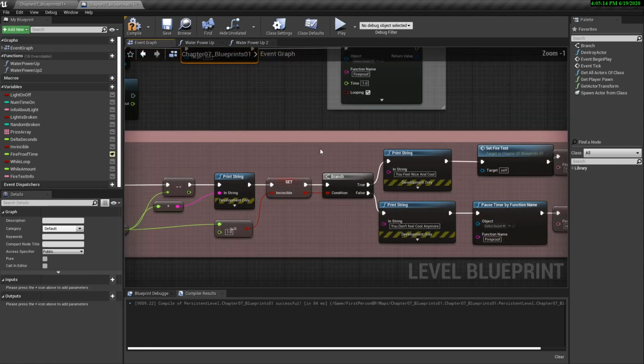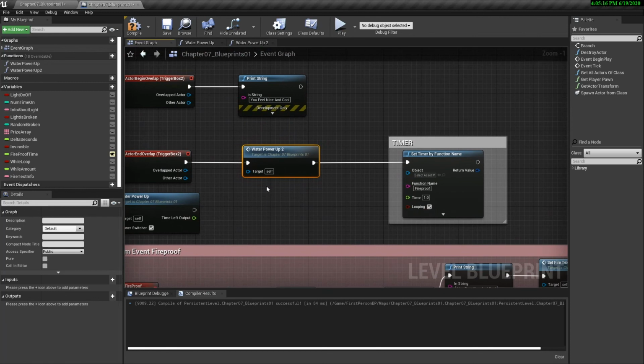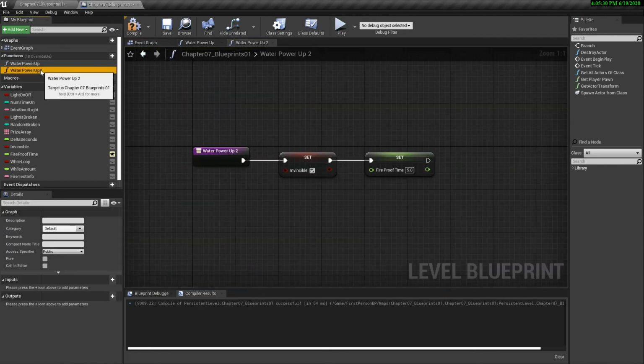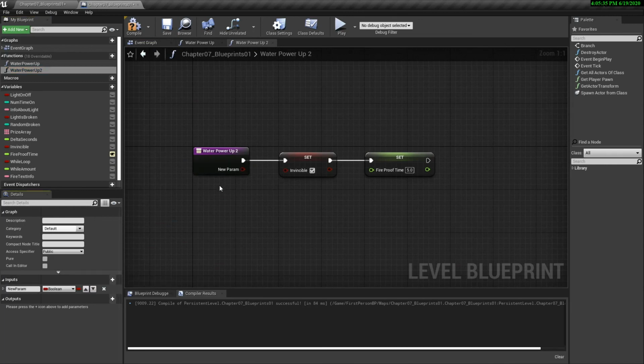Now, it's not that flexible until you start adding input and output nodes. That's where functions and macros start to really get more powerful and reusable. So how do you do that? Let's select the function, and here's the inputs area. I can click on the input, and in this case, the input is this invincibility or power up. We could just call it power up. And by default, if we hit F7, we want that to be true. So let's dial that open and make sure that the default value is true.